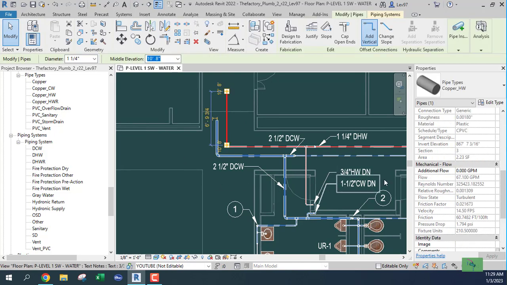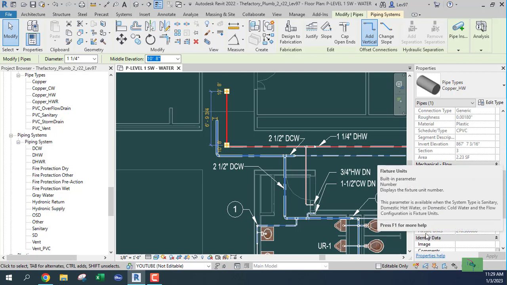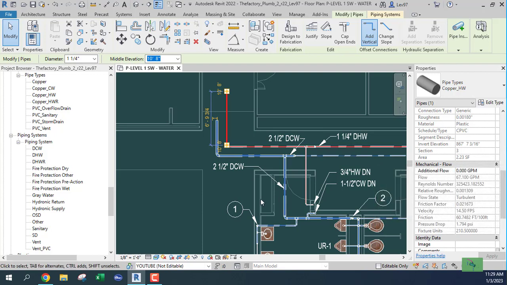Let's see what happens with the hot water side. Hot water, 210 fixture units. So we have the flow. Revit says the Hunter curves should be 67. So when I check the Hunter curves for flush tanks at 210, it says between 65 and 70. Okay, so it starts to catch up